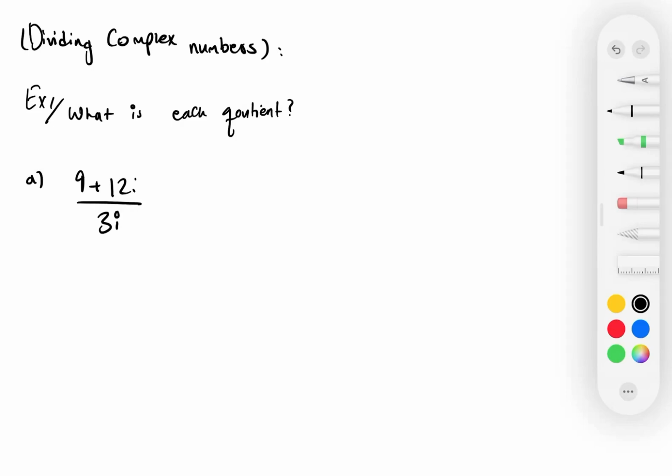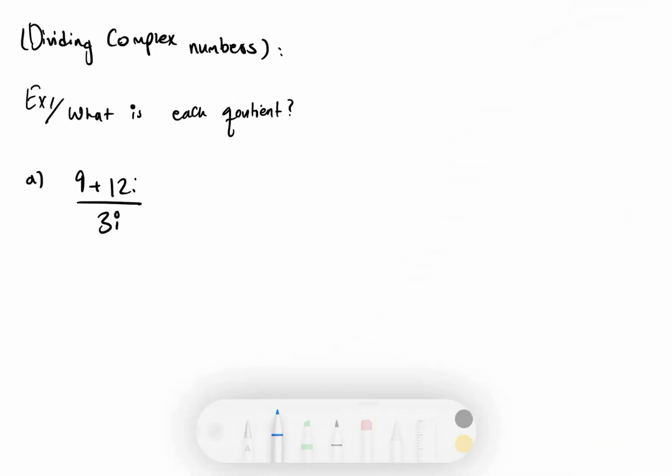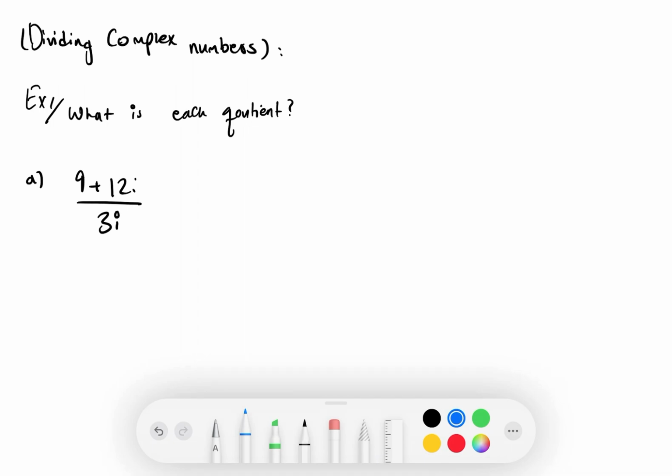Today we're going to take a look at the division of complex numbers. We're going to start with an example. It says, what is each quotient? All right. Now, in order to divide complex numbers, it's a pretty similar process to dividing radicals, like when